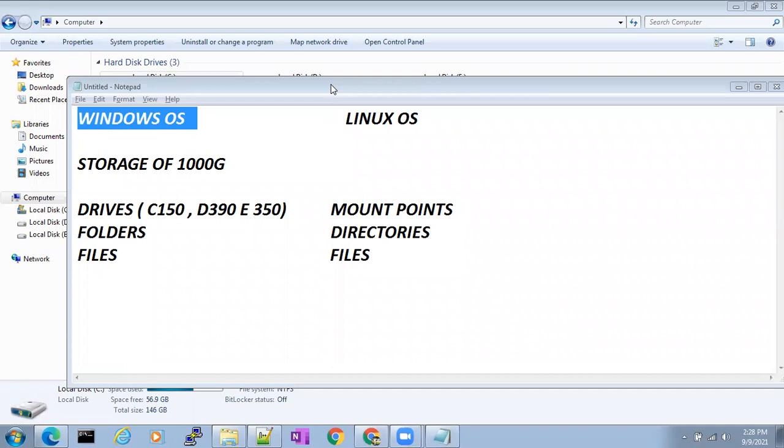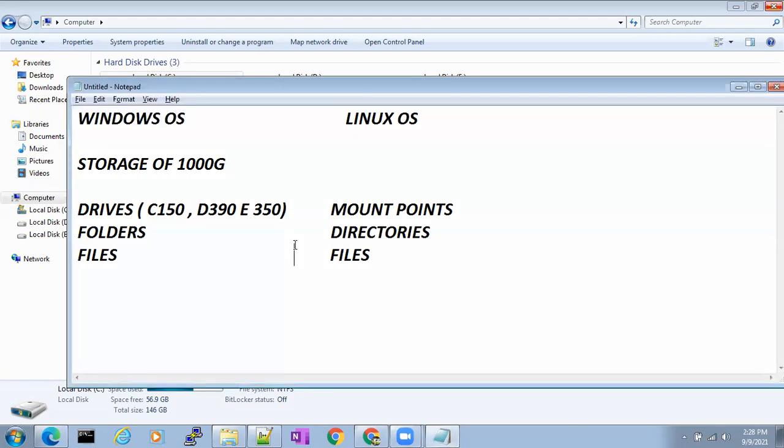Okay. People who did not do a Windows installation in their lifetime, you don't have to worry. There is nothing rocket science here. I'm actually showing you how to install a Linux operating system, so you don't worry.